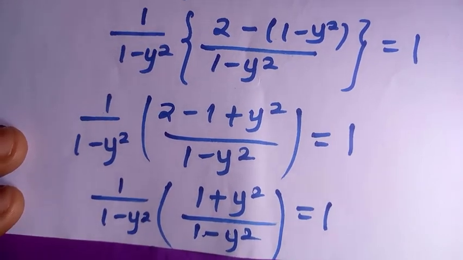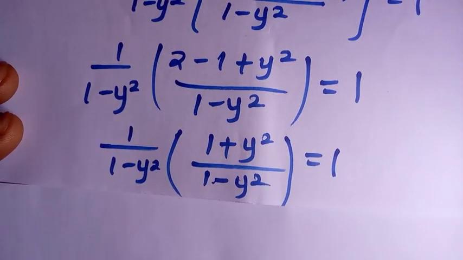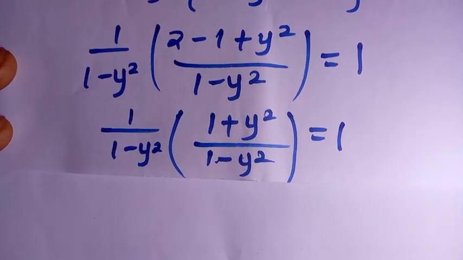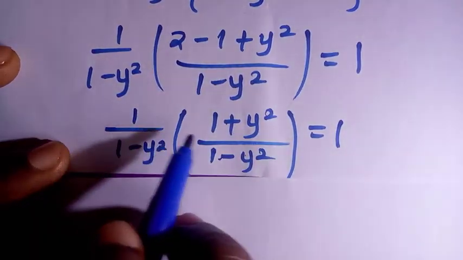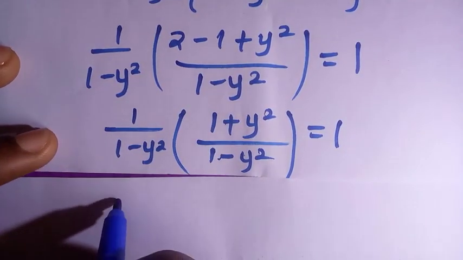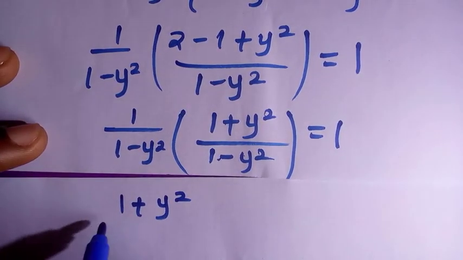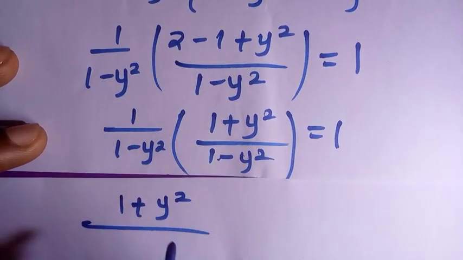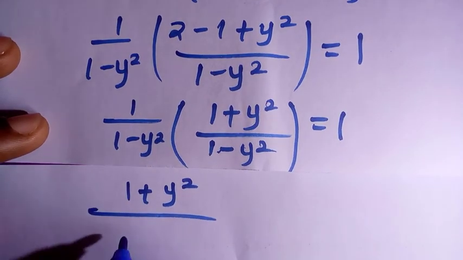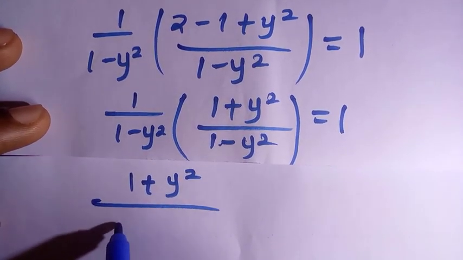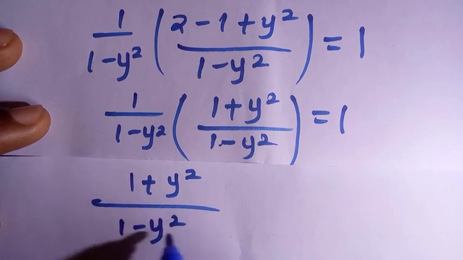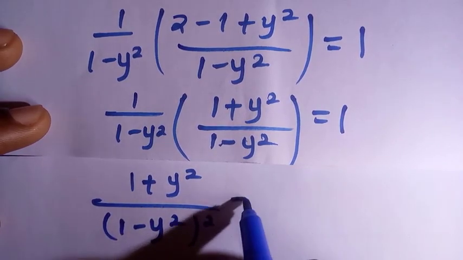So the next thing I'm going to do here is just to open the bracket. Yeah, we are going to open the bracket. So by doing that, we have 1 plus y squared divided by 1 minus y in 2 times, 1 minus y squared in 2 times, and this becomes 1 minus y raised to the power 2 all raised to the power of 2 equal to